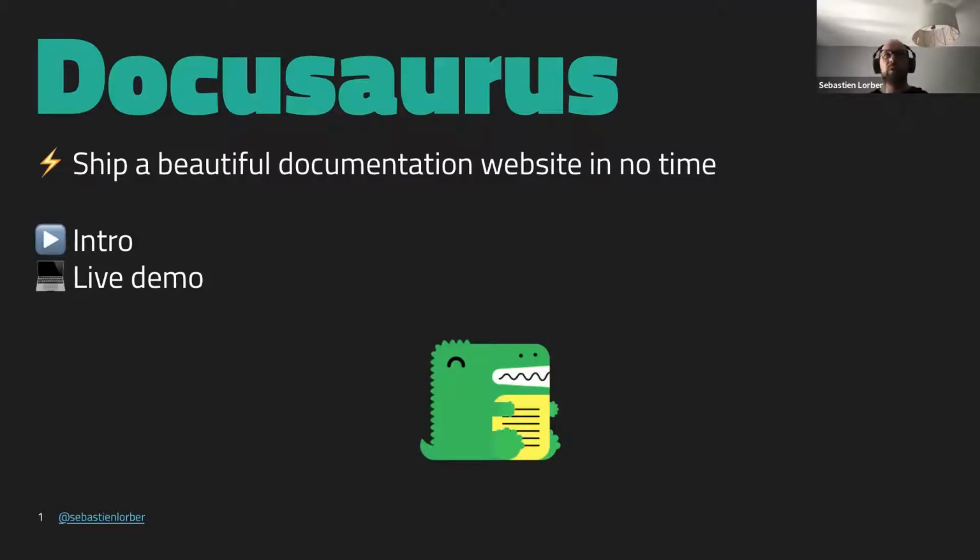What is Docusaurus? What I'm going to present is a tool to create beautiful documentation websites in no time. So basically, you can get something online in 10 minutes, and this is what we are going to do. I'm going to present some slides to give you some context about what Docusaurus is exactly, how it was created, and how it differs from